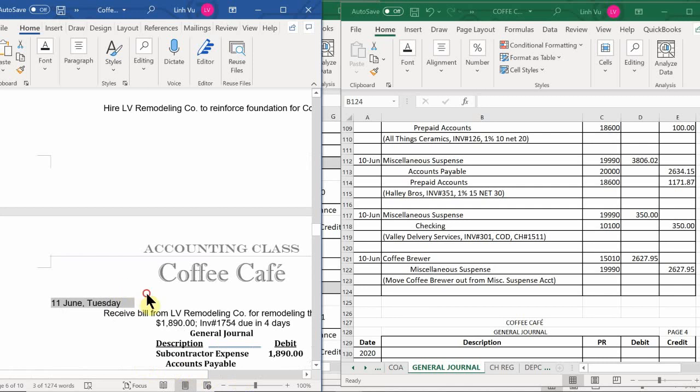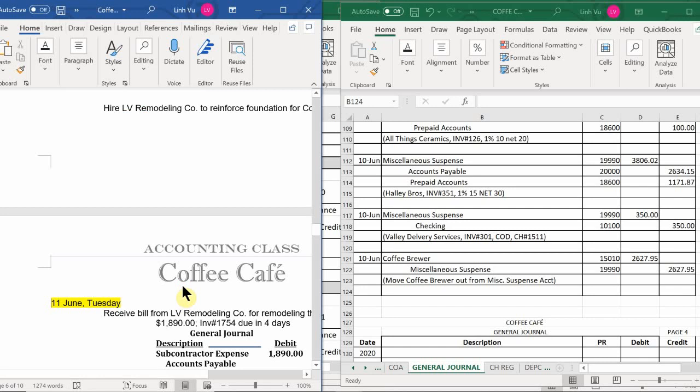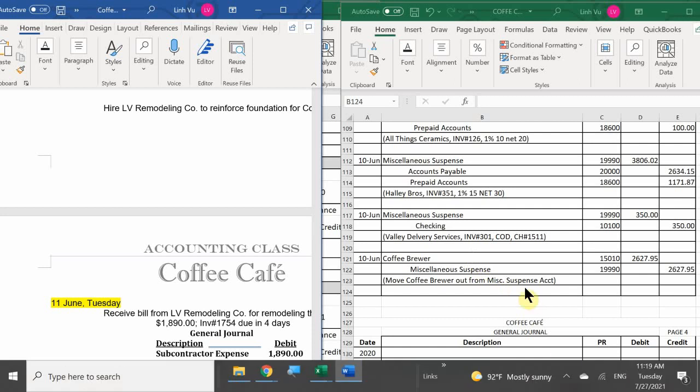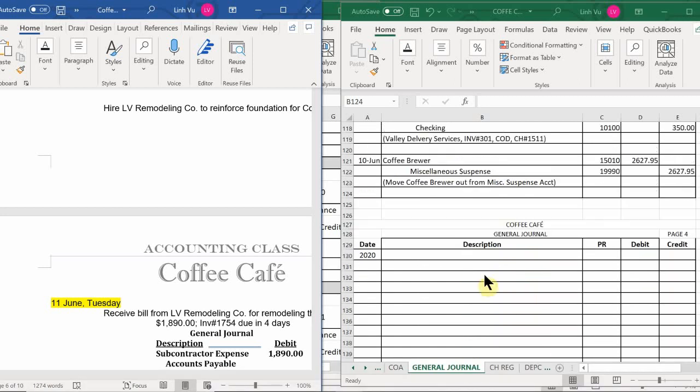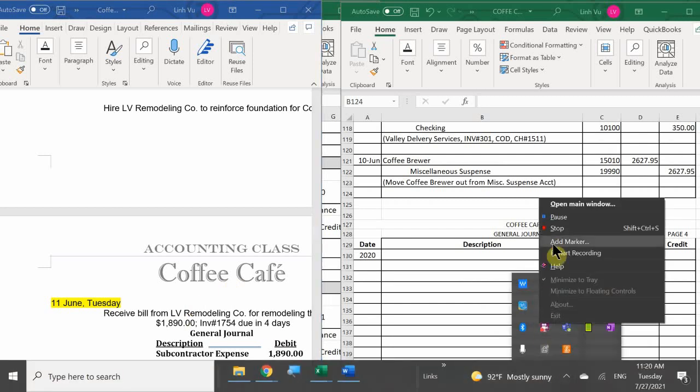Tomorrow we're going to start off here on June 11th, Tuesday. If you guys have any questions in regards to this coffee cafe, go ahead and ask them now. If not, I'm going to stop class here, and we'll continue on with a brand new journal and start off on a brand new day. Okay. All right. If you don't have any